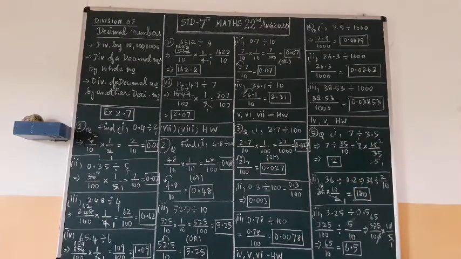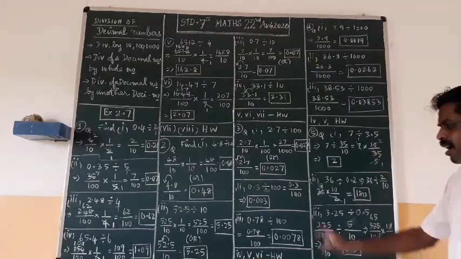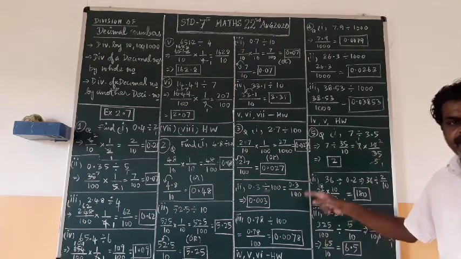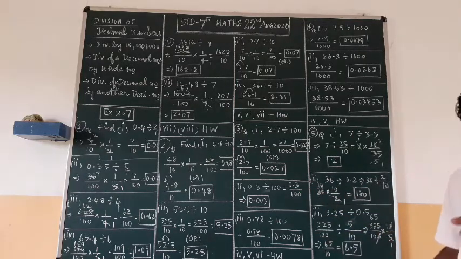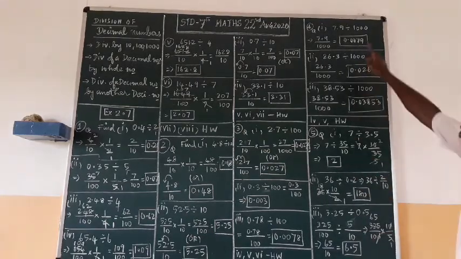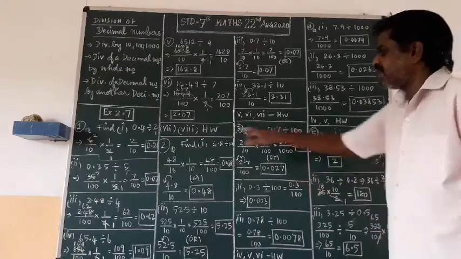Okay. Same way, 4th, 5th, 6th you take it as a homework. All are repeated problem from 6th standard. It is very easy. Already you are studying in 6th standard also 100 multiples, 1000 multiples and 10 multiples. Okay. Fourth question, first problem. What is given there? Here 100 we have seen, here 10 we have seen.